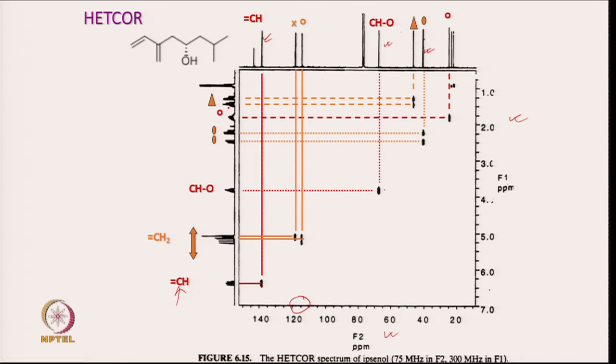Then these 2 protons are correlated to this carbon, which comes around 48 or 50 ppm, and this methyl proton is correlated to a carbon which is at 20 ppm. So, we have seen how COSY is used to assign the different protons,